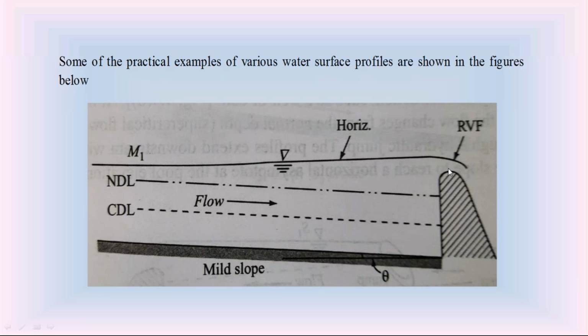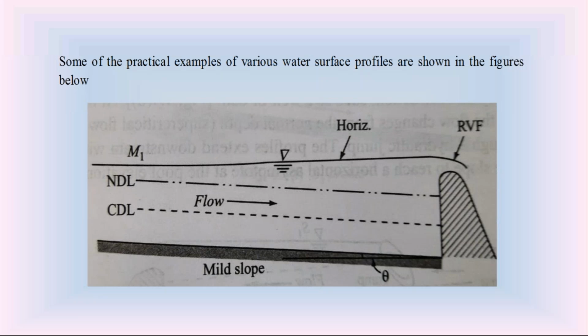In order to determine the length of this water surface profile in the open channel, we are using the integration of the dynamic equation of gradually varied flow. That is the main purpose. So the integration of the dynamic equation of gradually varied flow is useful to find out the length of the water surface profile in open channels, not only for the backwater curves but also for drawdown curves.